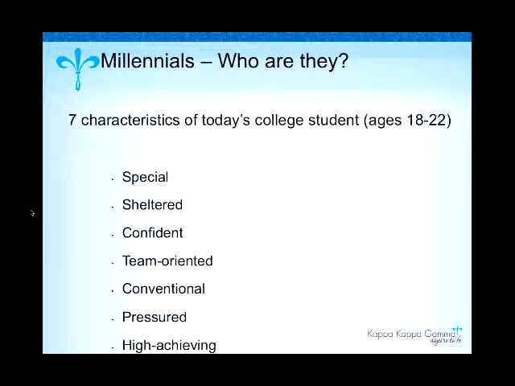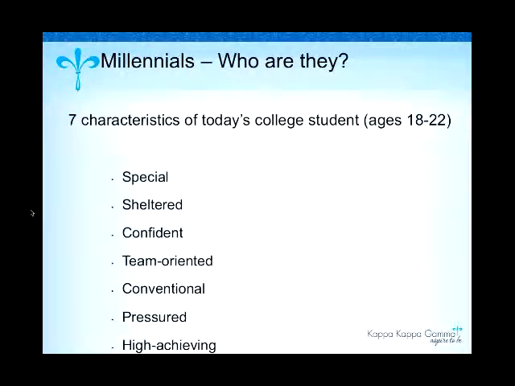The pressure of today's college students. I think I've spoken to the team-oriented, confident, sheltered, feeling special. There is this sense of overscheduled, over-mentored students. They've been driven to succeed among their peers. There's a pressure to attend college, and the best college, and receive the best scholarships. And a lot of that I think we see play out in sorority life, when we have a lot of women who are similarly matched, and they're all feeling that same pressure and recruited and part of a chapter